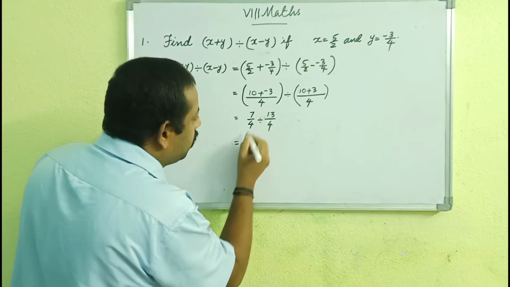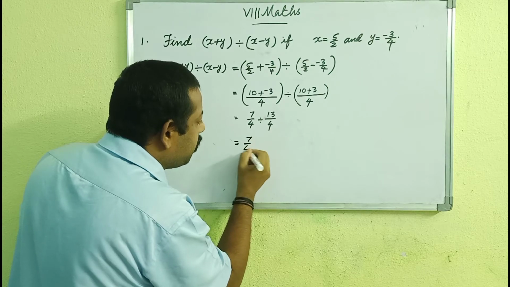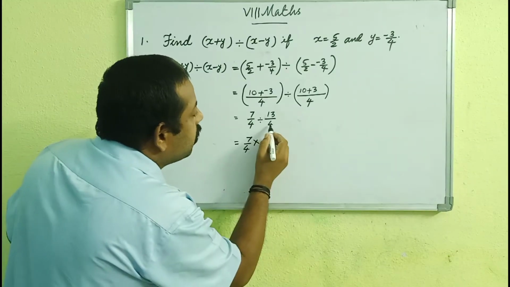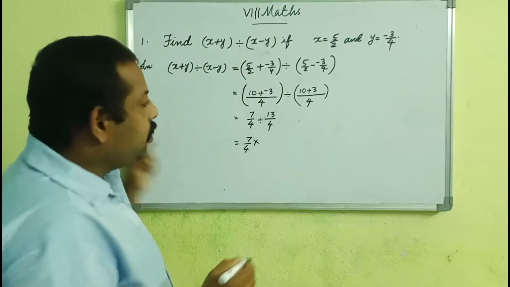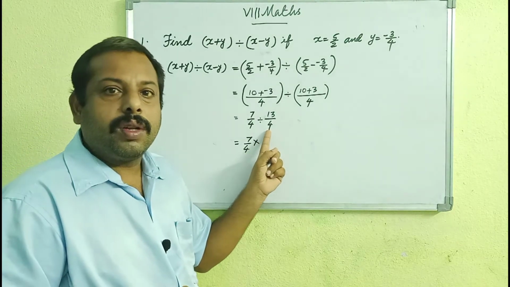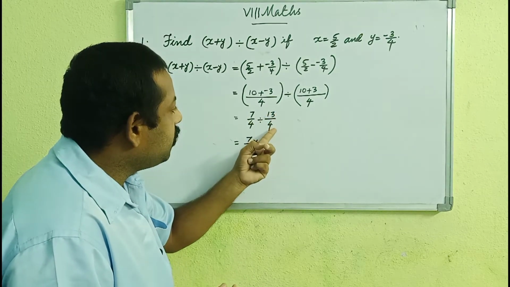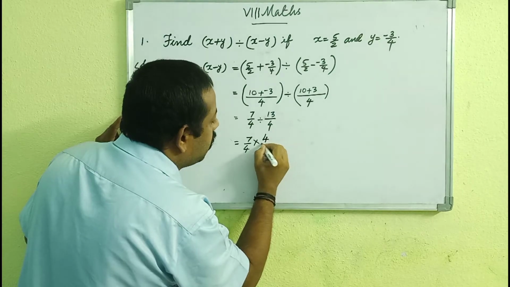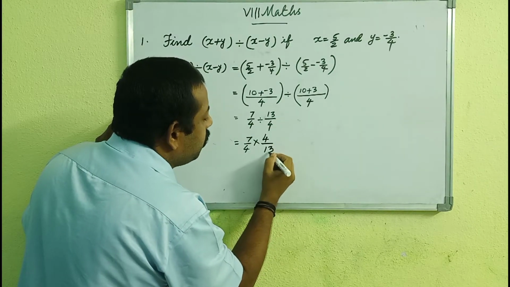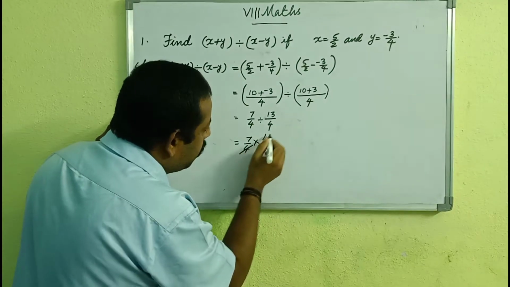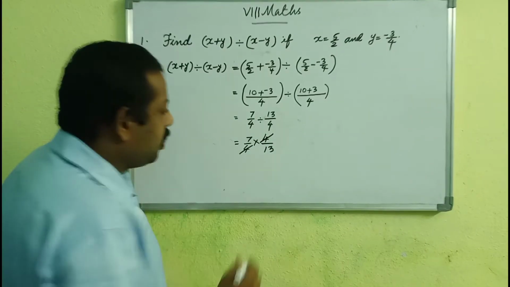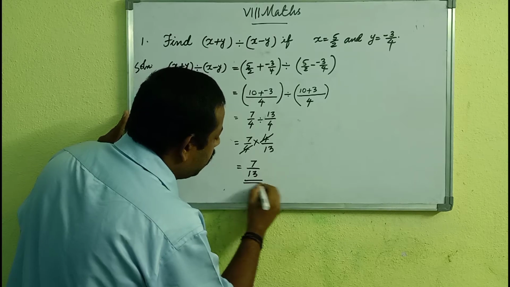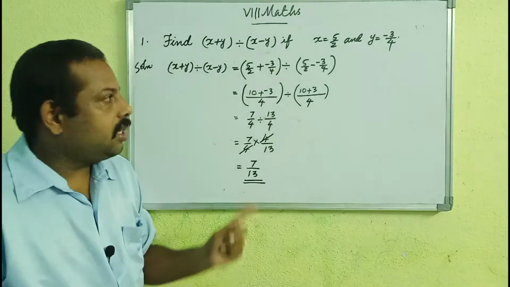That means the first term as it is, we will write 7 by 4. Instead of division we will multiply by, instead of 13 by 4, what do you have to take? Its multiplicative inverse or reciprocal. What is the multiplicative inverse of 13 by 4? 4 by 13. The denominator becomes numerator and numerator becomes denominator. If you observe this carefully, you can cut this. 4 can be cancelled. So what is the final answer? 7 by 13 is the final answer. You can note it down.